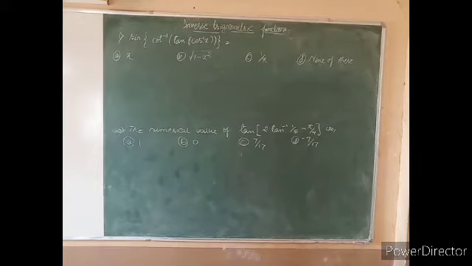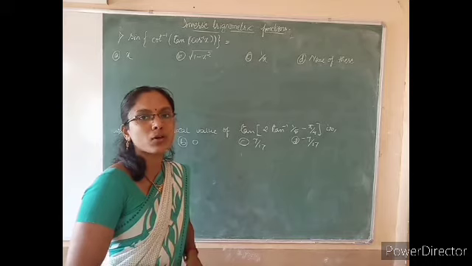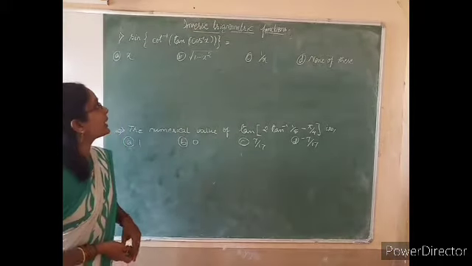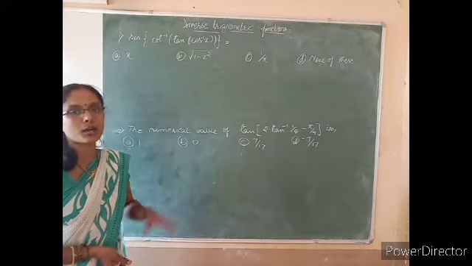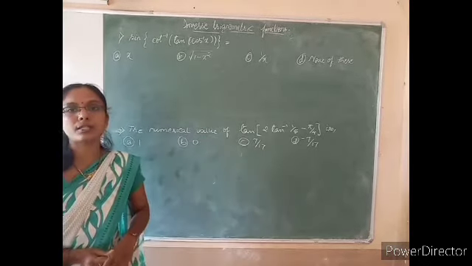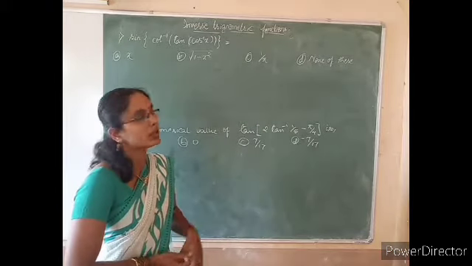Hello students, in this section we will discuss some of the problems of inverse trigonometric functions. The first one is sine of cot inverse of tan of cos inverse x. You have to find the value of this. This can be found out easily by using the definition of the inverse trigonometric function.